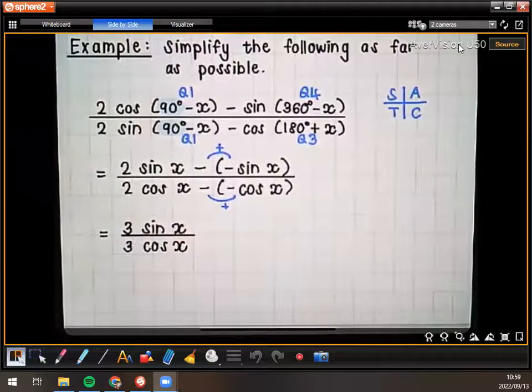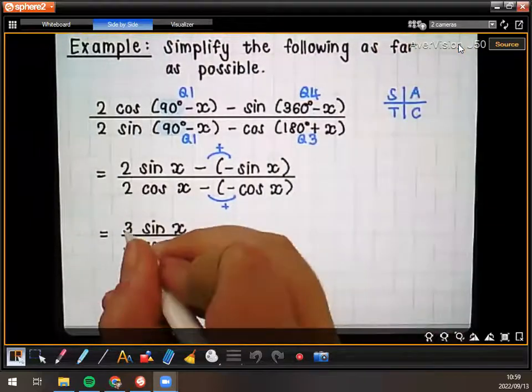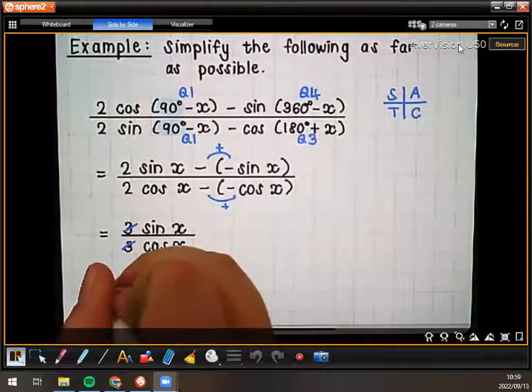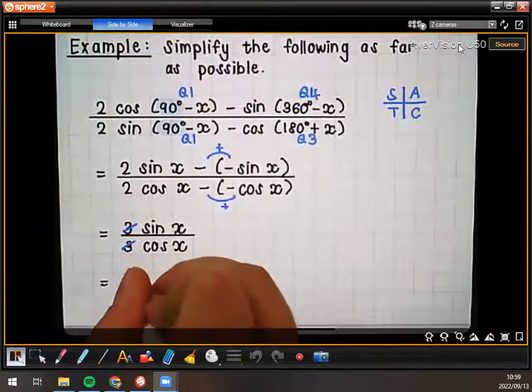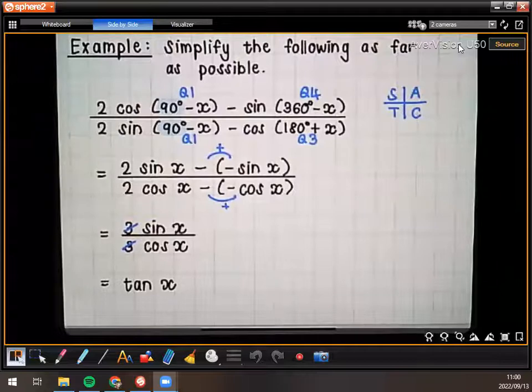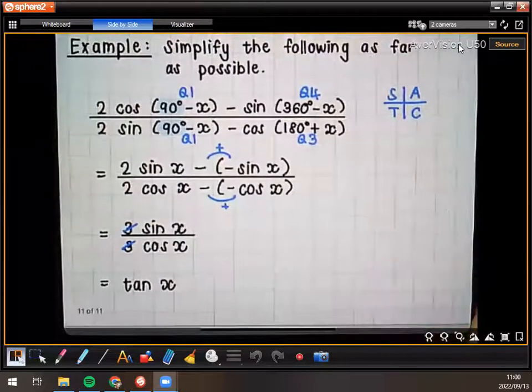Now it's 1 term at the top, 1 term at the bottom, so we can cancel out the 3's. And what is sine over cos? Tan. There we go. So the final answer here is tan x. All right, so guys, basically CAST, the same as the other reduction formula work. You just need to remember that if it's a 90, you need to change sine to cos and cos to sine. Okay, we're just going to practice a whole bunch of these